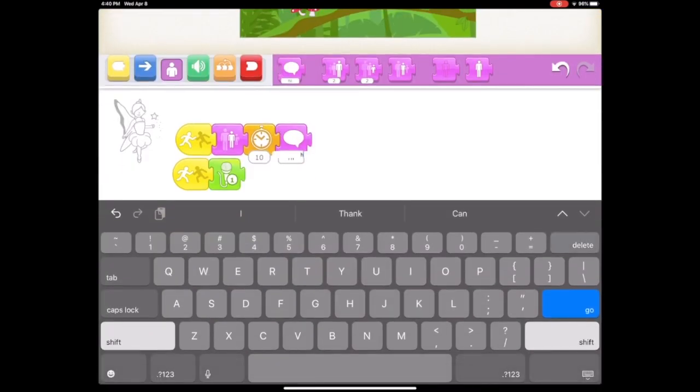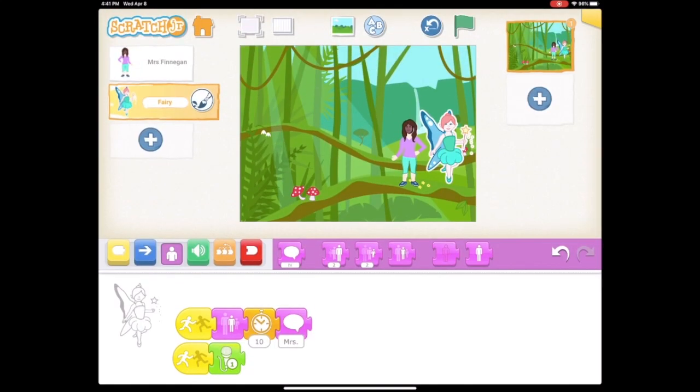And she's going to say, Mrs. Finnegan, we have been looking for you. She's going to be kind of panicked, so she's going to have an exclamation point there. All right, should we try it and see how it looks? There we go. All right, so I've finished my first scene,